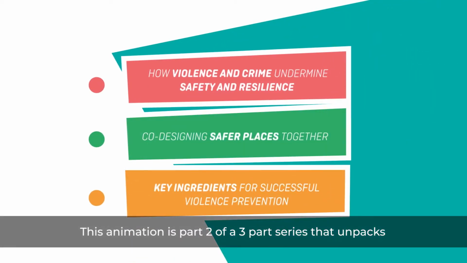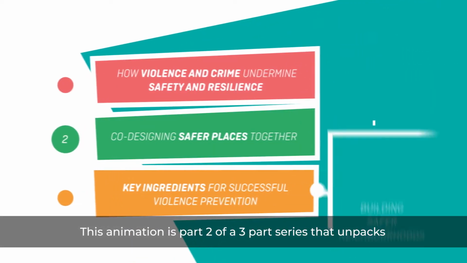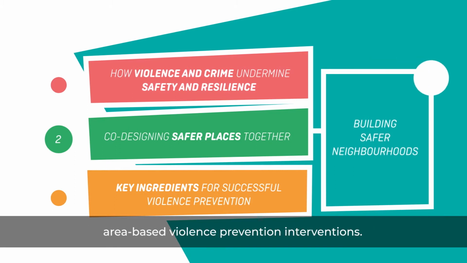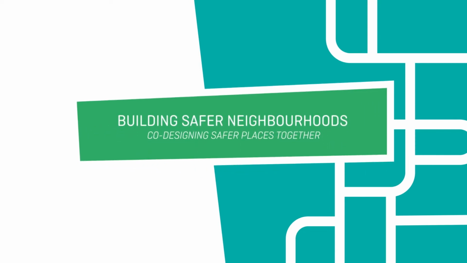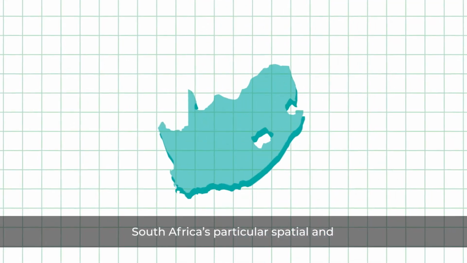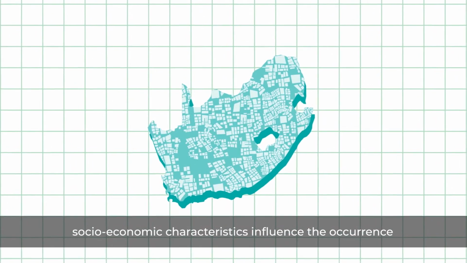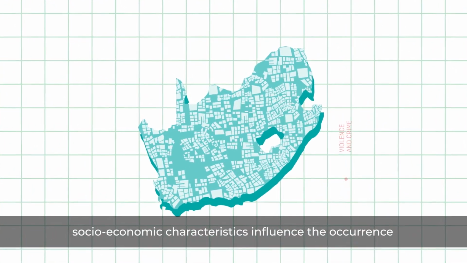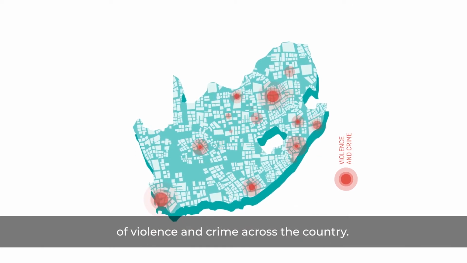This animation is part 2 of a 3-part series that unpacks area-based violence prevention interventions. Co-designing safer places together. South Africa's particular spatial and socio-economic characteristics influence the occurrence of violence and crime across the